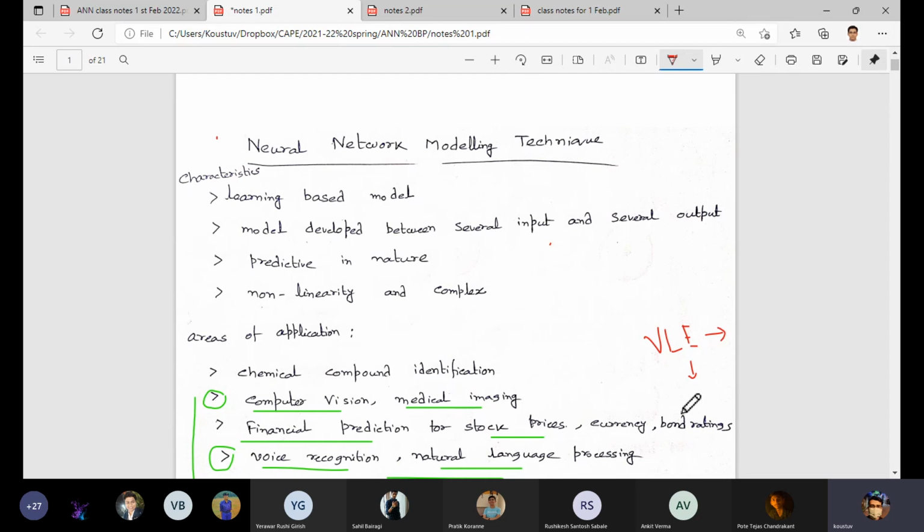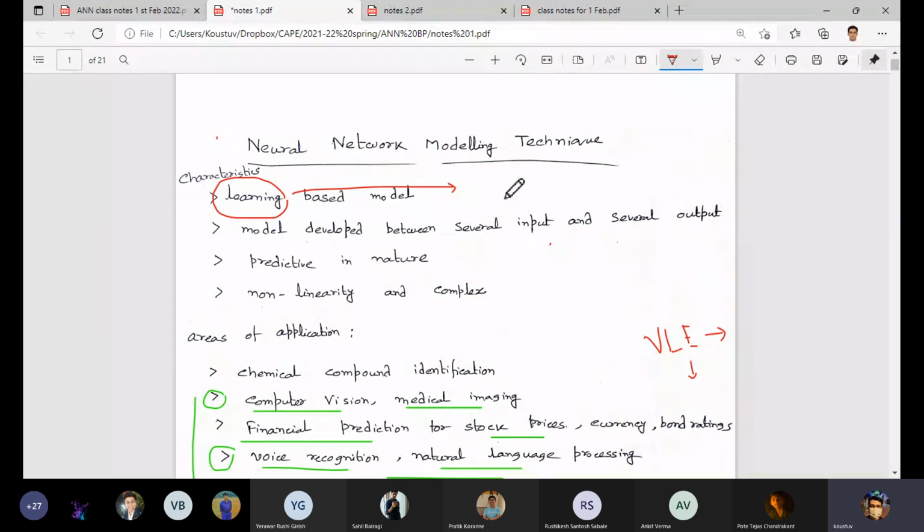Okay, so one characteristic of this neural network based model, as many of you have pointed out, is that it learns from the data. It is a learning based model. Now this learning is something very interesting. We will not explain it now; we will see in detail what learning is. We have taken one example and solved it step by step, so step by step algorithm discussions will be there. So it's basically a learning based model. Who will learn? The model itself will learn.